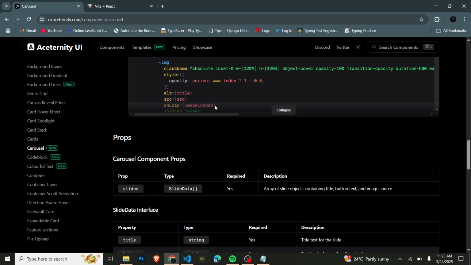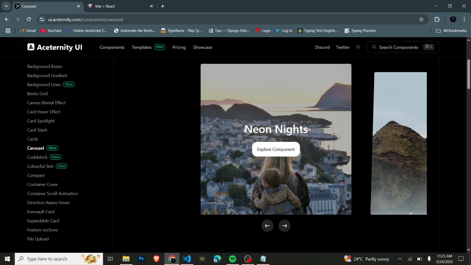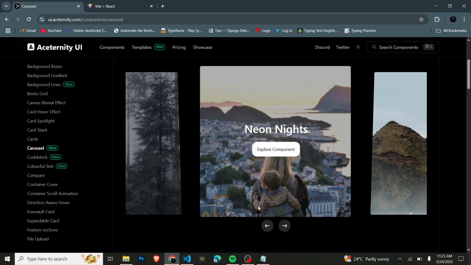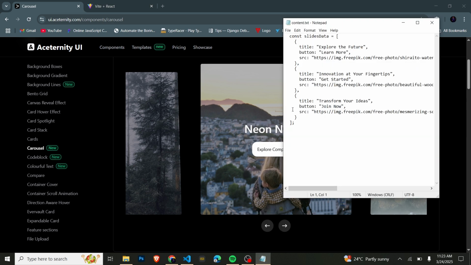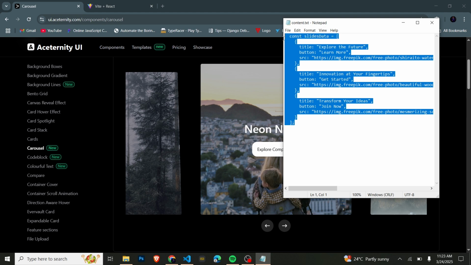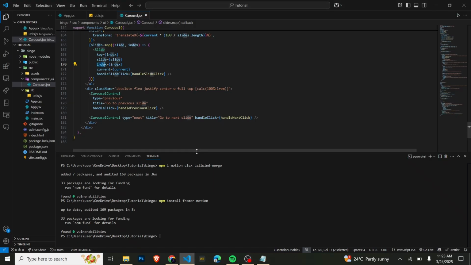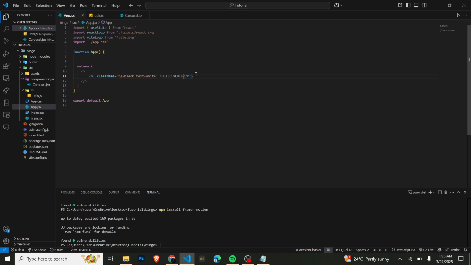And if you go back, you will see on the image, it has the name, it has the button name, and it also has an image. So we'll have to add the three for this component to run effectively. So you will come, I already configured my props here. As you can see, I have it here. So I'll just copy it like that, and now head back to the code, and in the app.jsx, you'll come down here